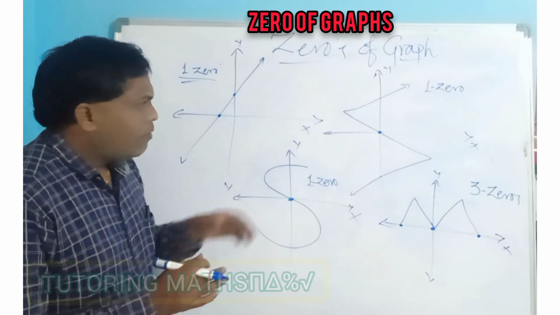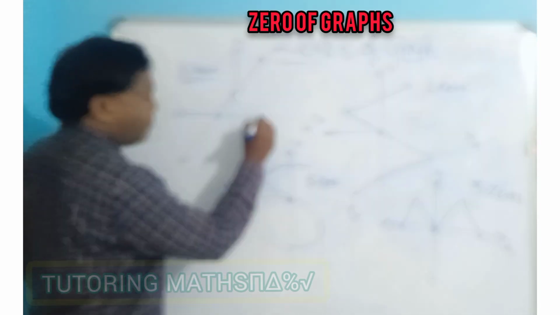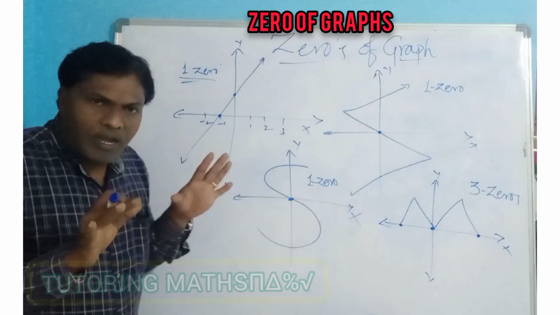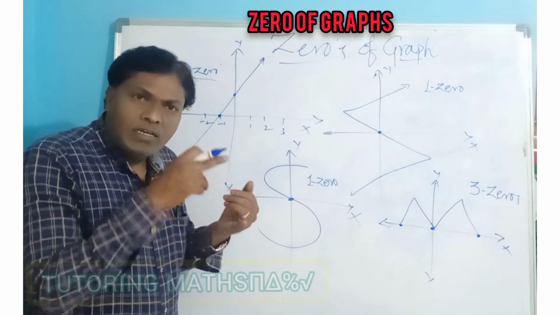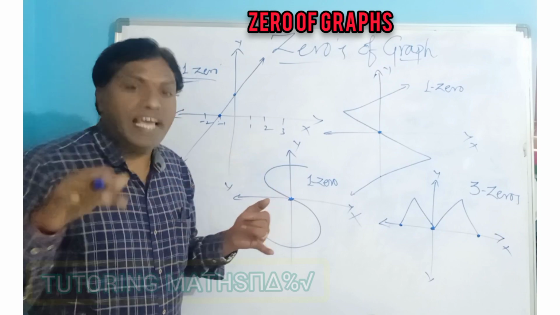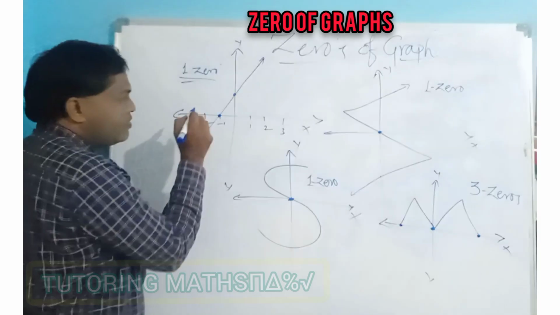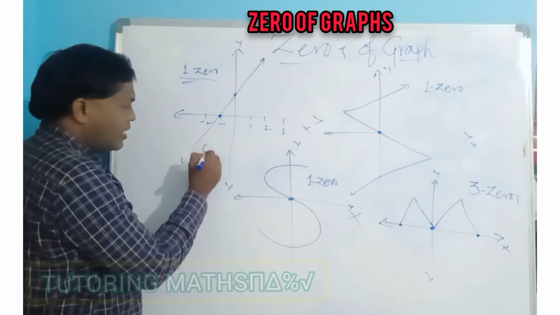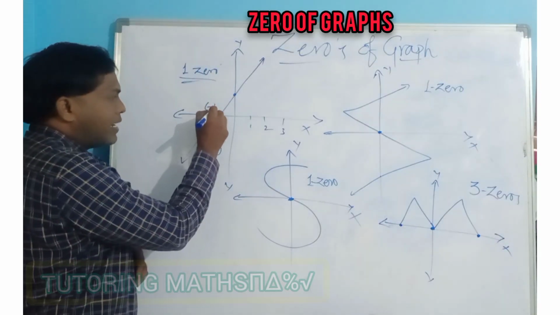Okay, nice. For example, here it is intersecting. Let's take values now. I'm talking about only x-axis because our concept is that zeros of the graph are nothing but intersections with the x-axis. That's why I'm taking only x-axis value. Now tell me here, at which place is it intersecting? At -1. Means what is 0? It is -1.